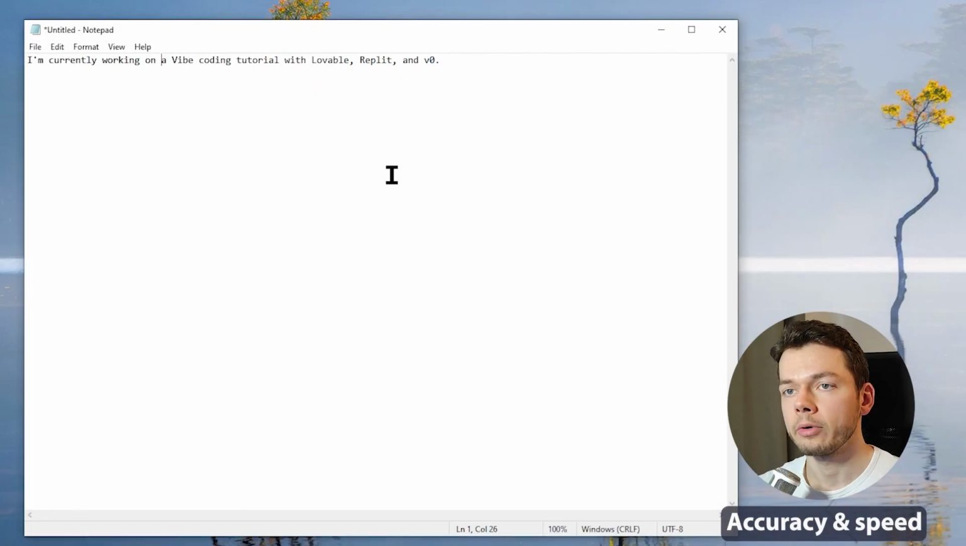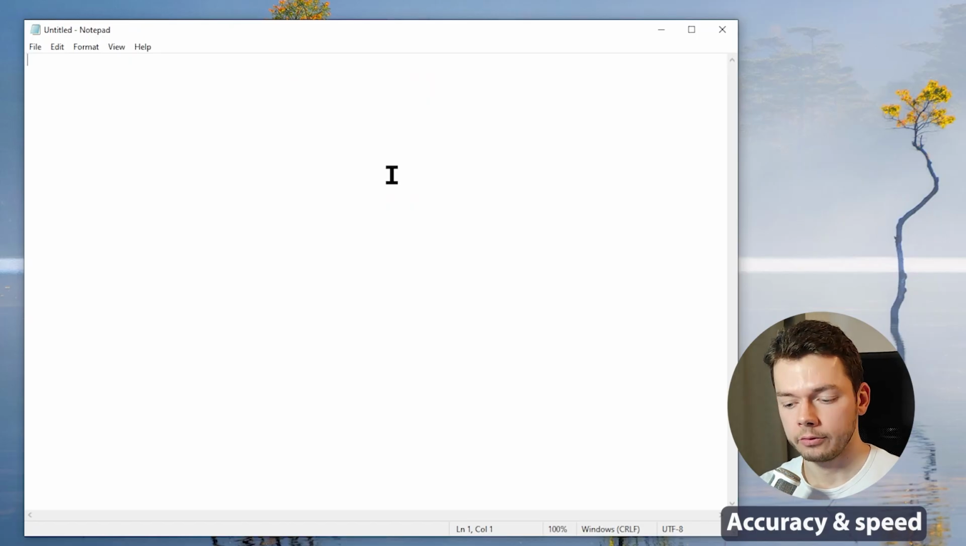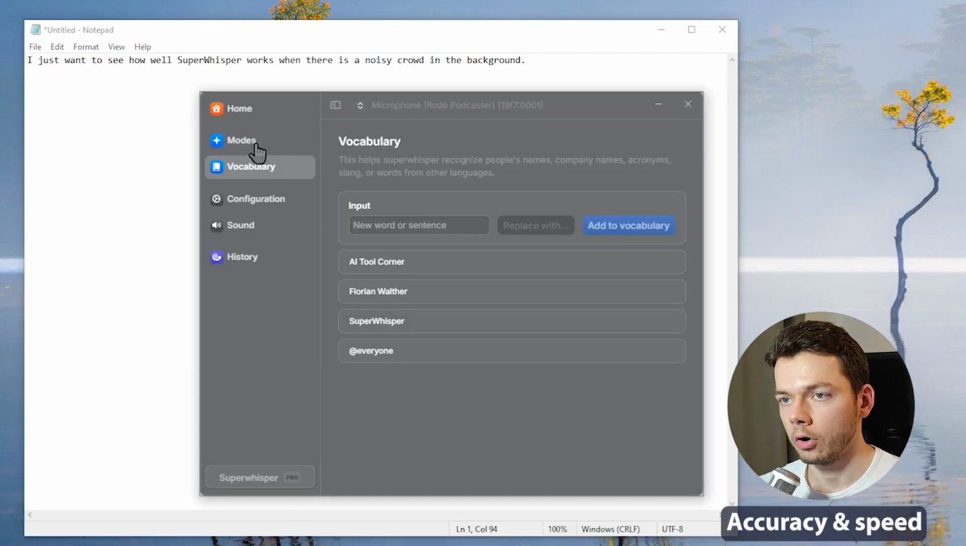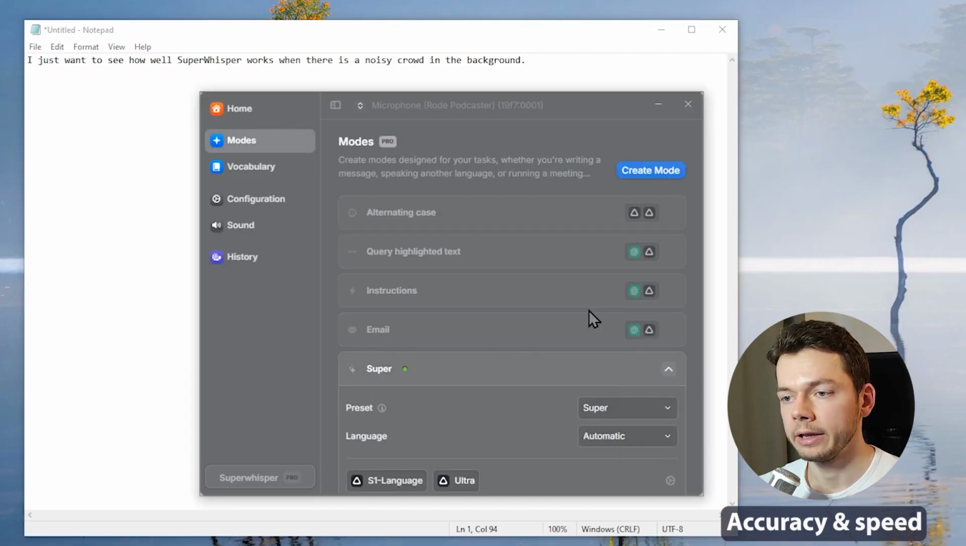Let's try whispering with the crowd in the background. I just want to see how well SuperWhisper works when there is a noisy crowd in the background. Looks correct, perfect. Now, how well SuperWhisper works depends a lot on the configuration, because again, for each mode, you